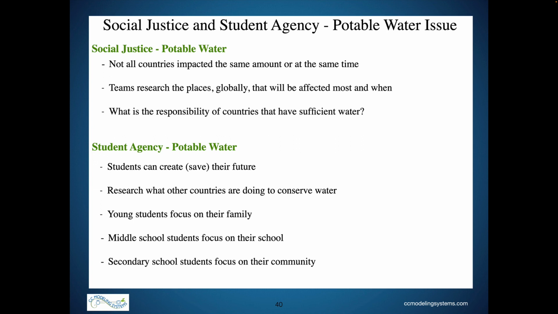Secondary school students should focus on water conservation in their community, going to the local water department to find out which businesses in their area use the most water each month, and perhaps working with the city council to create an award for businesses who reduce their water consumption the most over the year. Reducing contamination of water supplies due to extreme weather conditions,